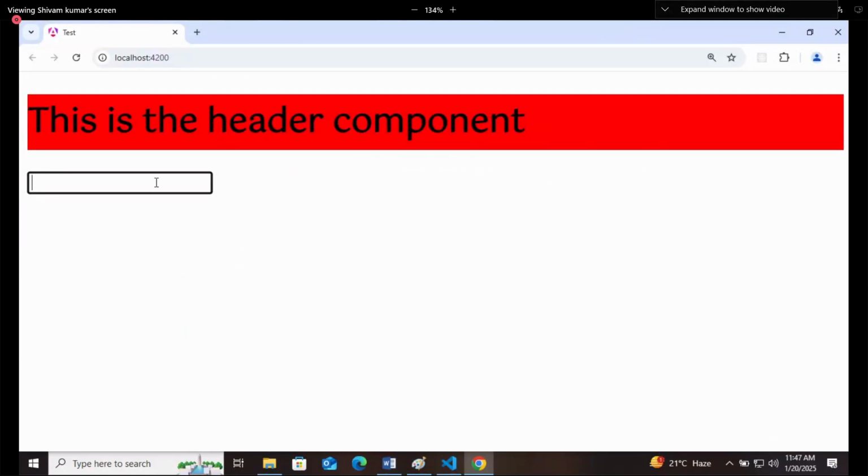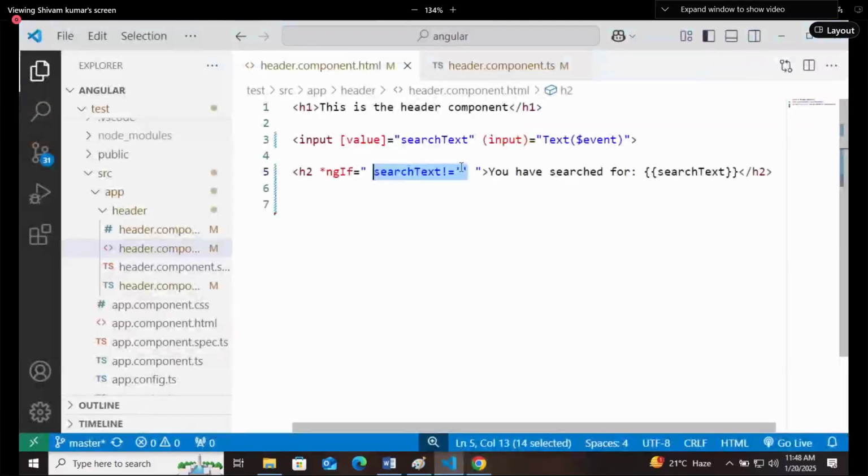Right, that is removed, because search text becomes null now. There is nothing inside search text, and this condition is returning false. Why is this returning false? You are saying that search text is not equal to null, but search text is null. So you are telling a lie here. This is a false condition.